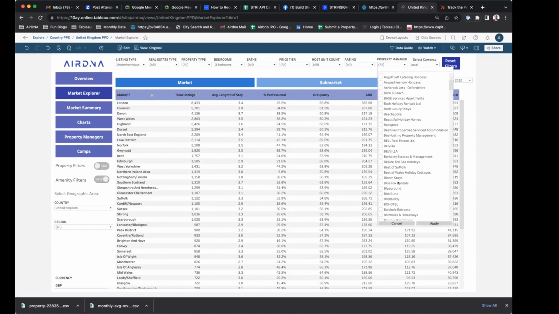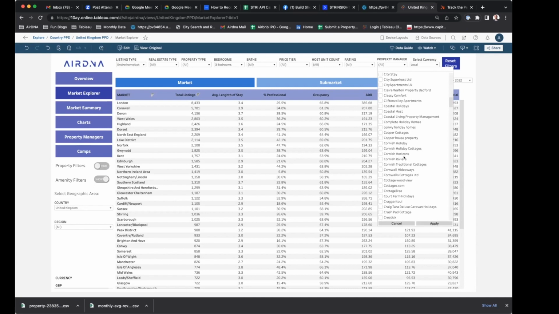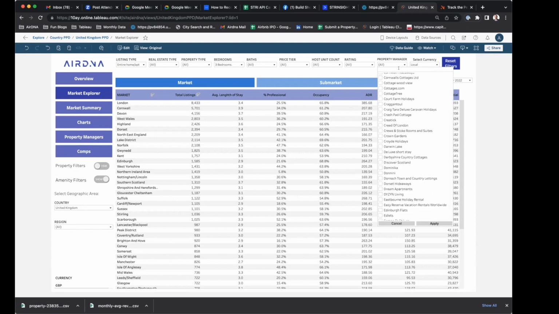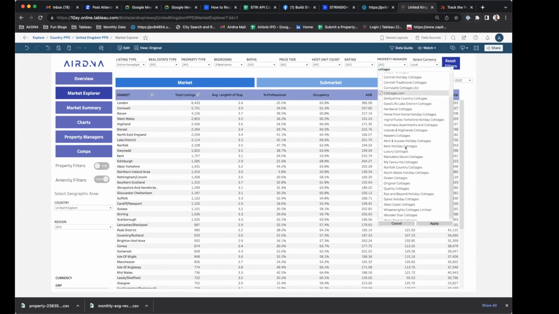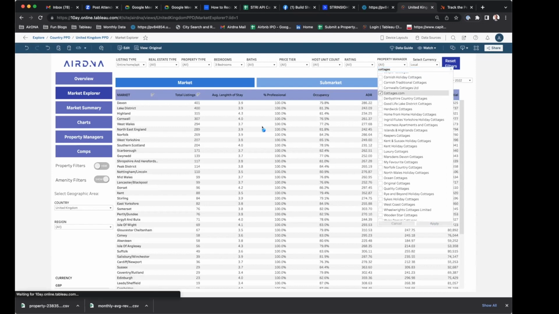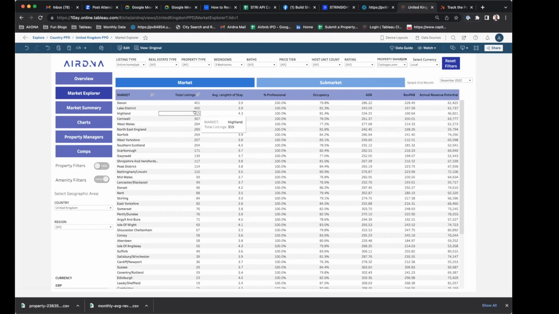Yeah. So let's say, I think cottages.com was big. They had a post, yeah. So we could filter to cottages. There it is above Derbyshire. Yeah. And then apply. And now we're going to see all the markets that cottages.com is operating in. So it looks like their biggest is over 400 listings in Devon, Lake District, Highland, and so you can see how that manages out and then how they're performing in each of those